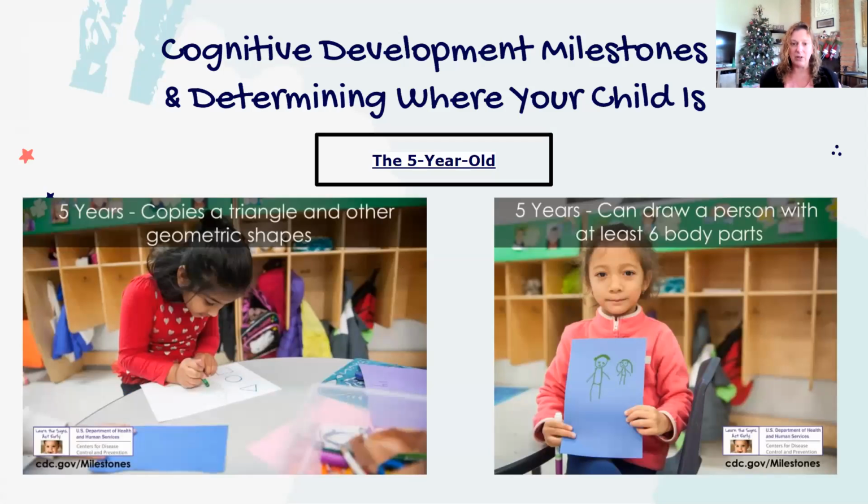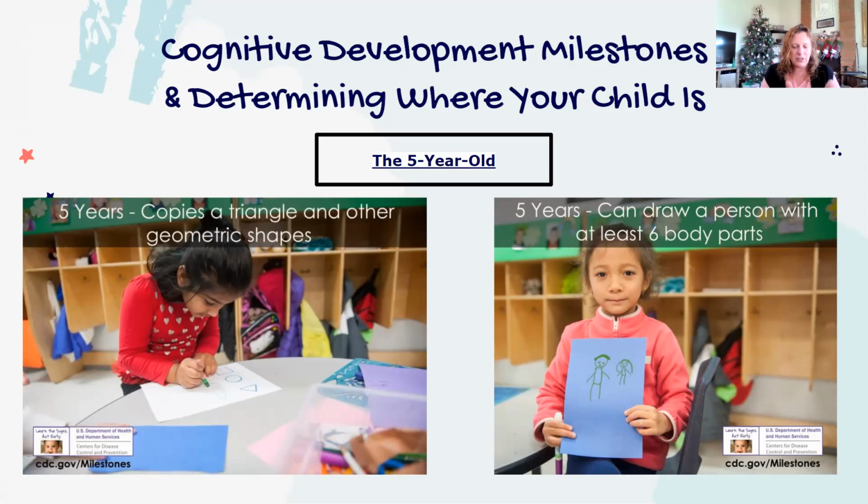And then our 5-year-olds, you can continue through dramatic play, but this slide shows you a little bit of something with motor development, which Tina will be talking about next. The picture on your right-hand side shows you a person, a body that has at least 6 body parts. When you're looking at the 3-4-year-old, when they start to draw a person or even a circle, oftentimes you might just see a line and a stick figure and a circle.